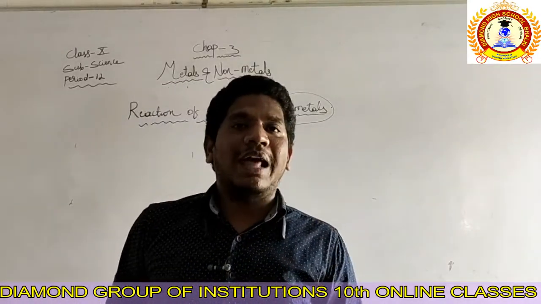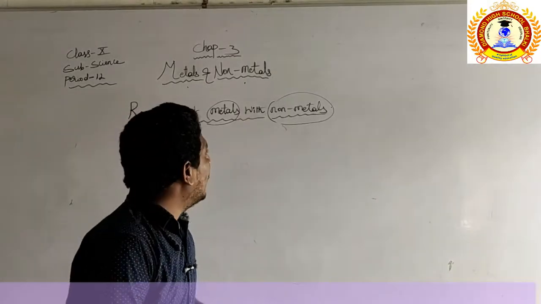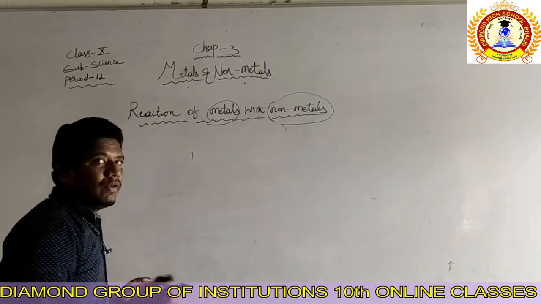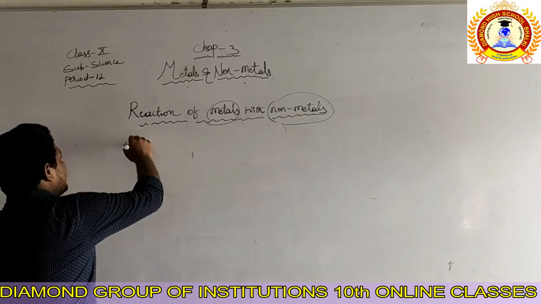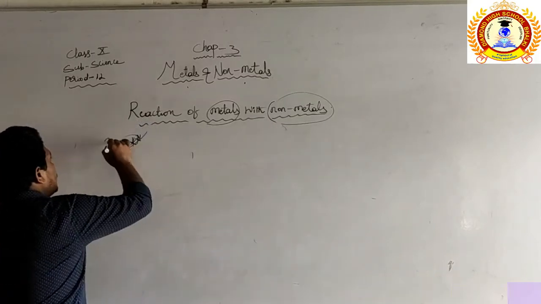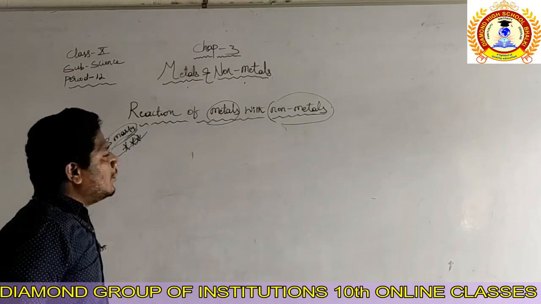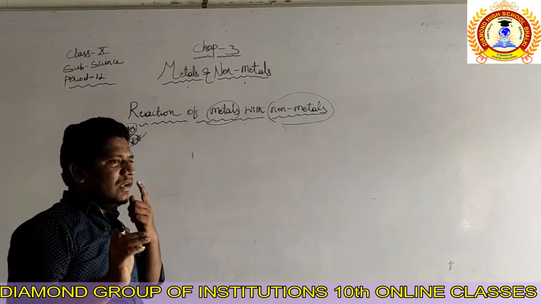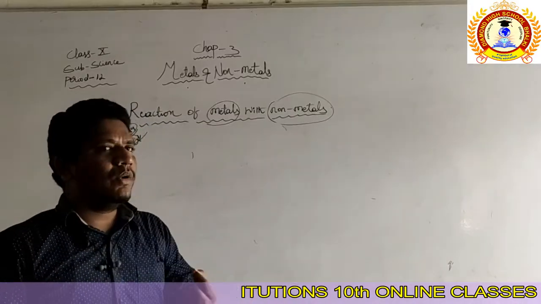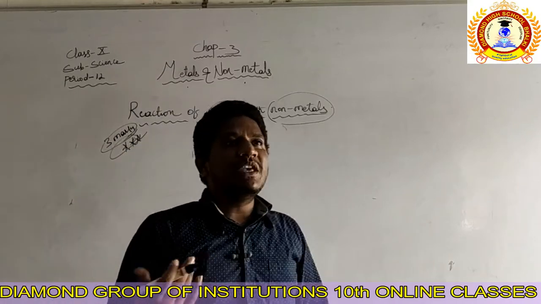So I think the time is over here, right? We will discuss a very important question in our next class. You should be prepared for it. That question is for 3 marks. It comes under the reaction of metals and non-metals only. I have seen that maximum times even in the supplementary and the preparatory exam, this question has appeared, right? It is a very important question for 3 marks. So it will take a little bit of time, so I am thinking to continue in the next class.